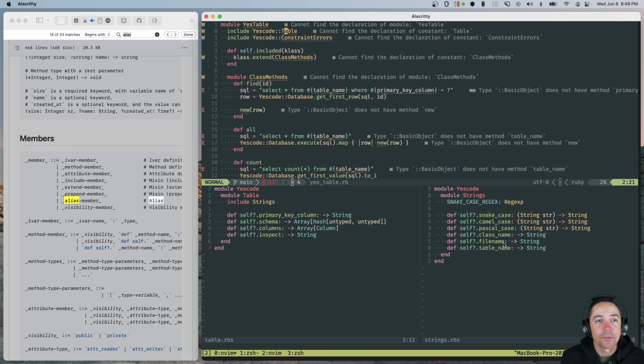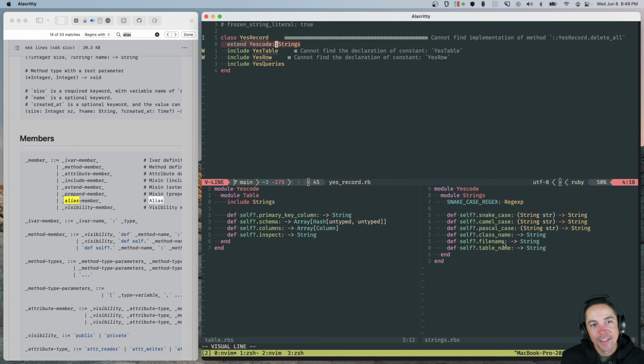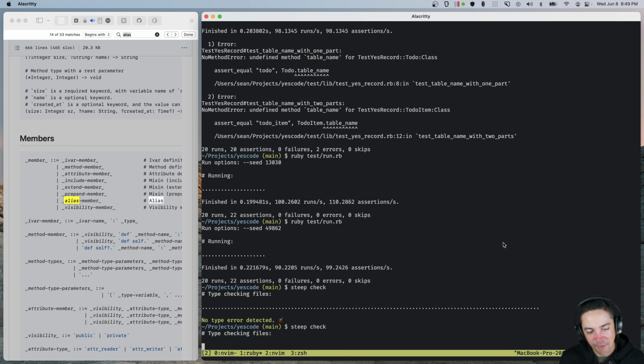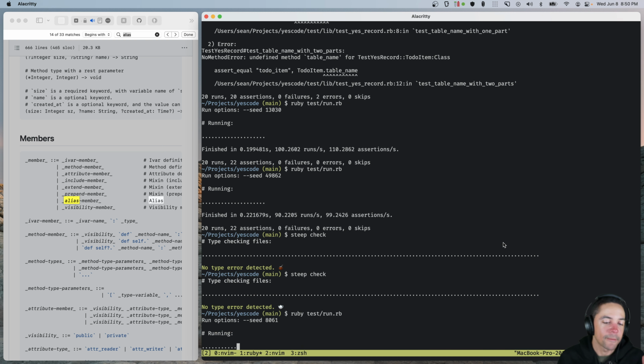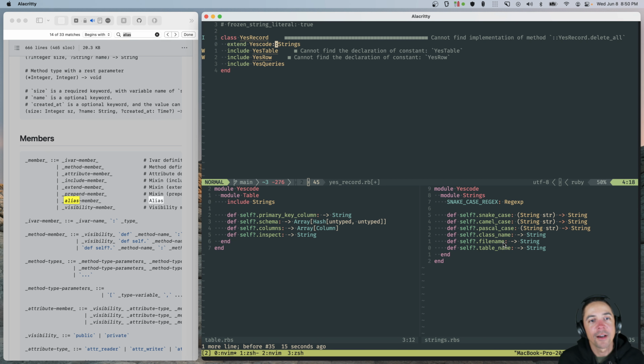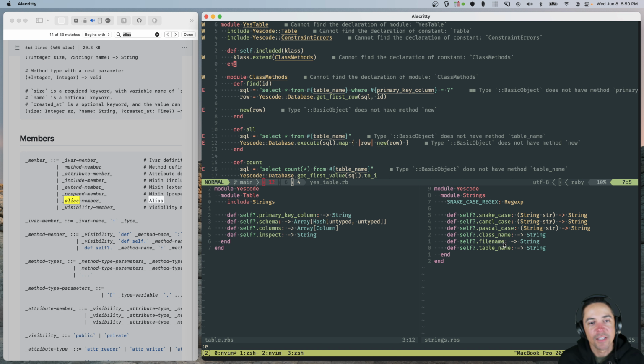I guess the moral of the story is don't do this thing with modules. Okay, so if I include the modules, I think I'm probably fine, right? What if I don't do that? It definitely won't. The test won't run, right? They'll fail for sure. Okay, let me see. Yep. Undefined method table name. So if I extend this, and then here, I'm calling table name from the,